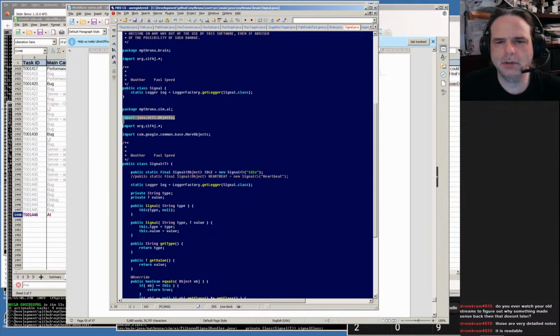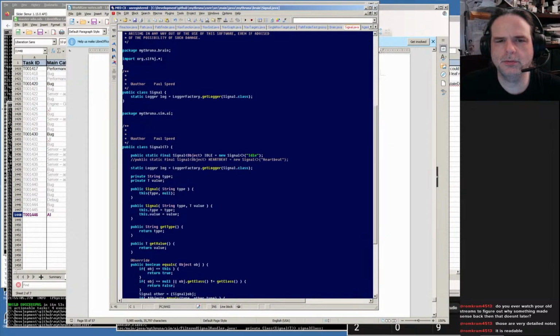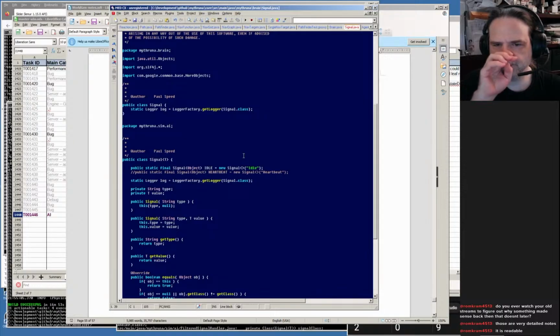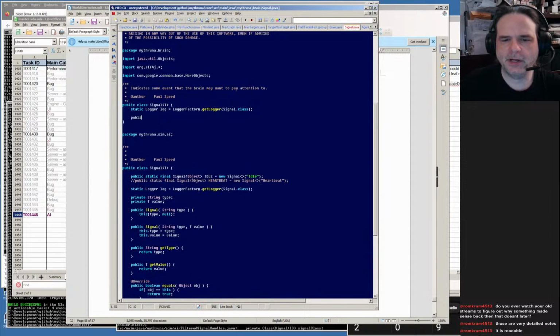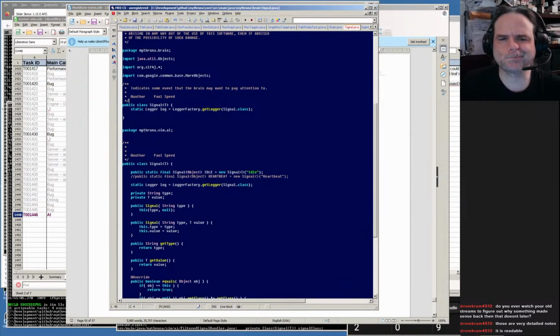We're going to want all of these things too. And we'll give it a Javadoc this time. Indicates some event that the brain may want to pay attention to. Okay. Signal T. I think we'll keep that for now. The other thing I've discovered in initial development, I spend a lot of time working around